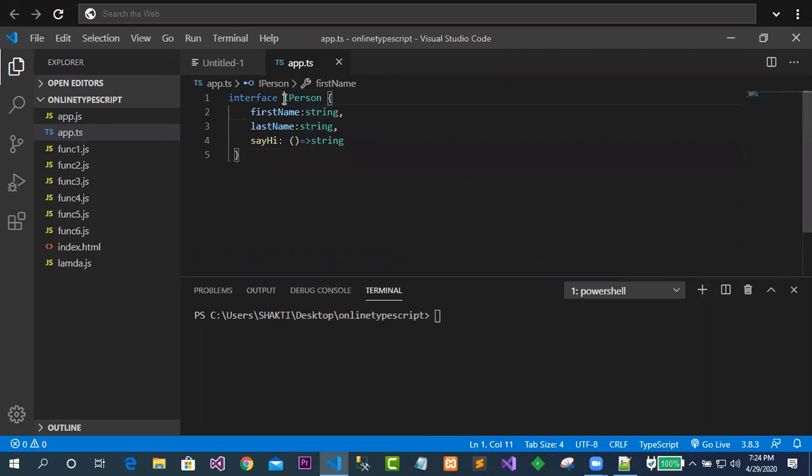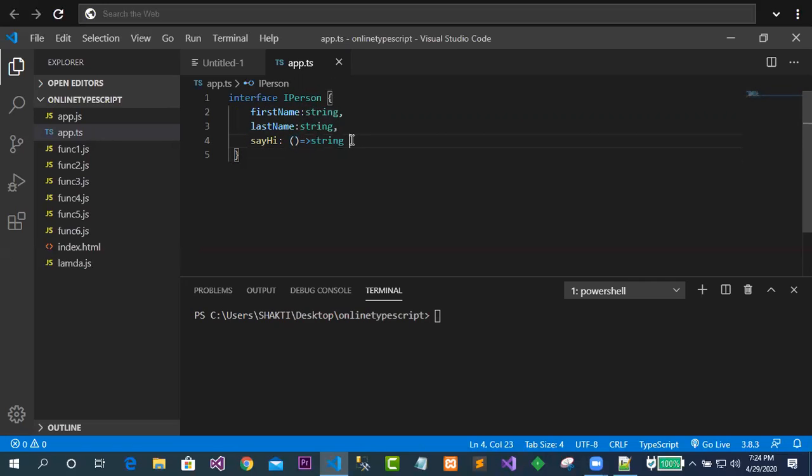This interface is called IPerson. The first name is a string, the last name is a string; these are empty variables, we have not given any value to them. This is a function, and this is the return type.